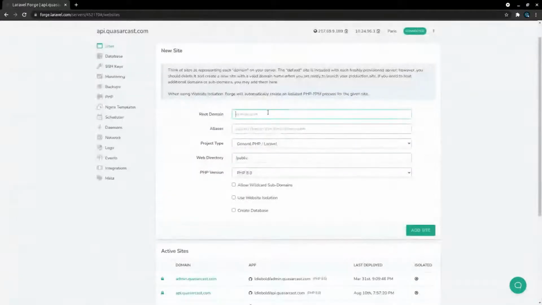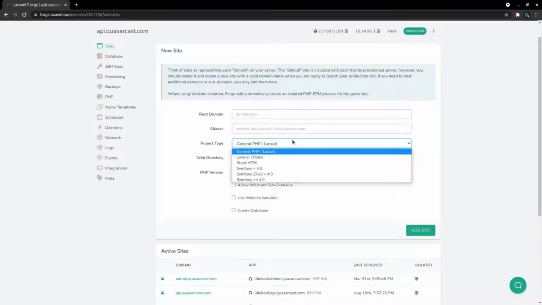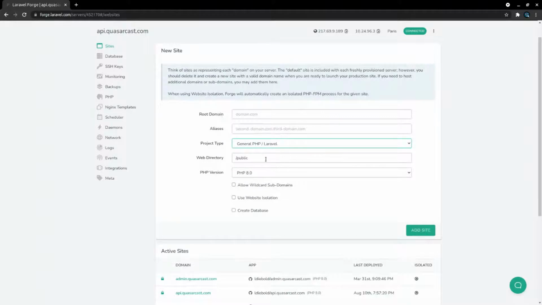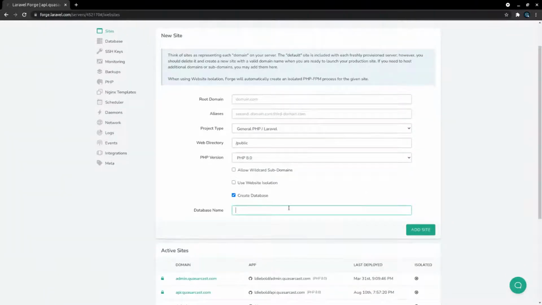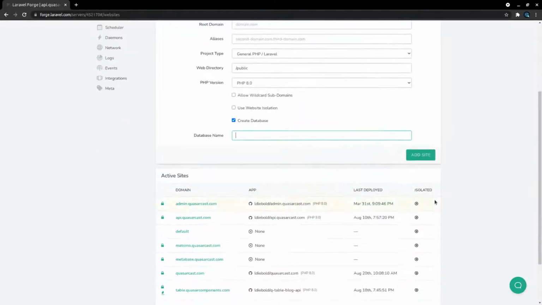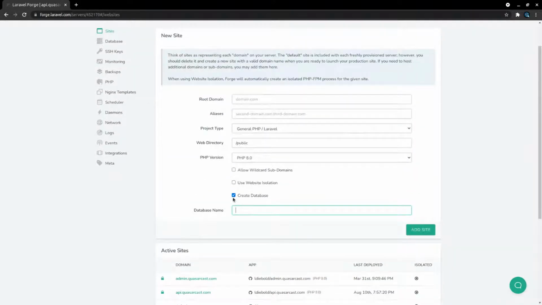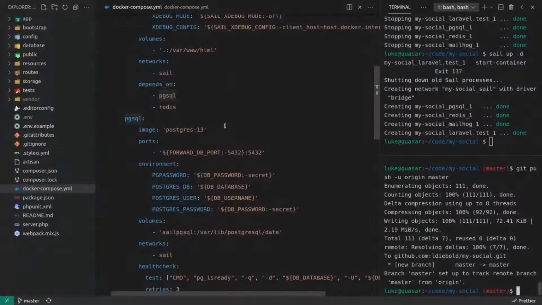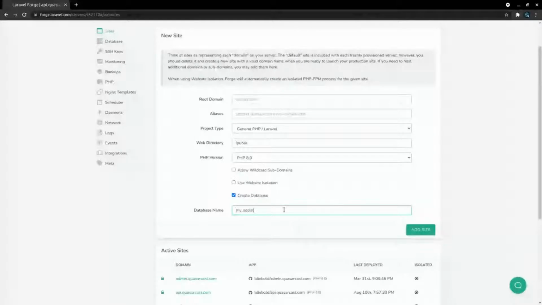So let's come up here and we'll say the root domain is, I don't actually want a root domain because this is just going to be an application that does work in the background. We won't use Octane. I don't think you really need it in an app like this. Public directory. And yes, we will create a database. And I think this might actually be using MySQL behind the scenes, so maybe we don't want to create a database. Oh, I'll do it anyway. What are they calling it here again? Let's mimic that. My_social. Cool. My social.